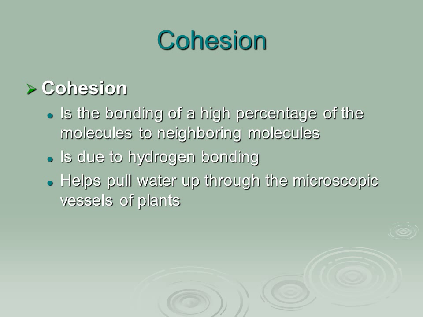So our first emergent property of water was cohesion. And what exactly does cohesion mean? Well, it says cohesion is the bonding of a high percentage of the molecules to neighboring molecules. So basically what that means is when somebody uses the term cohesion, they're referring to the ability of water molecules